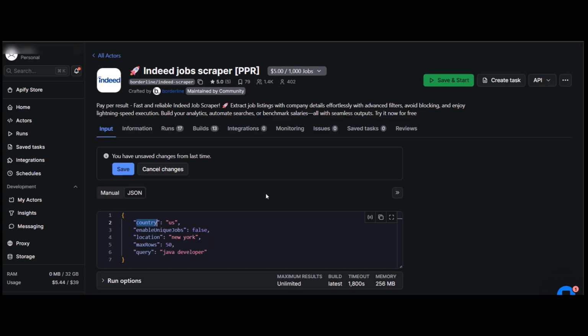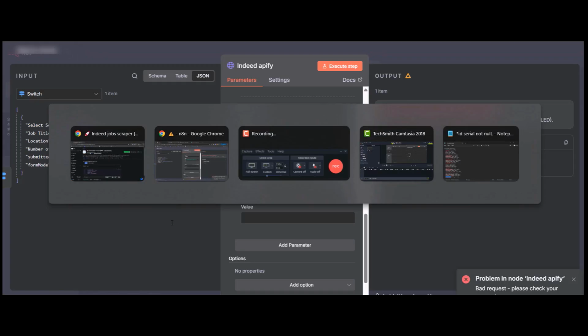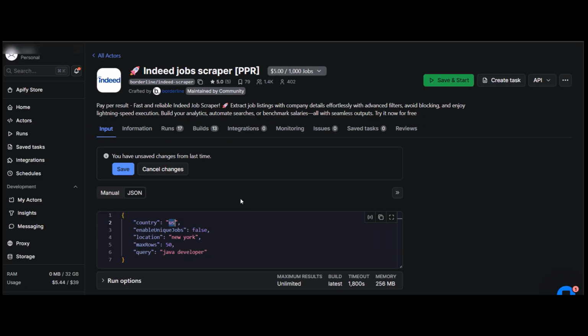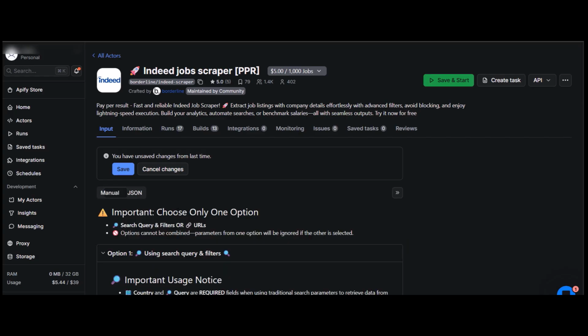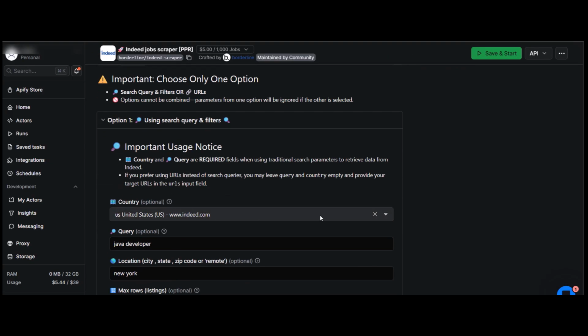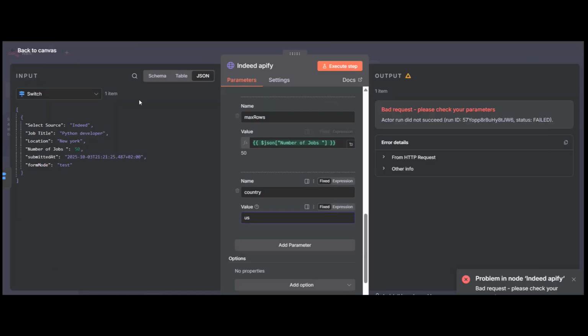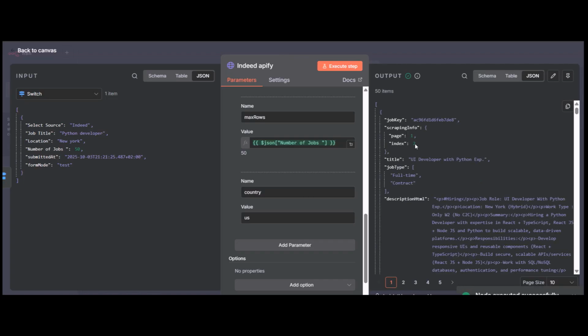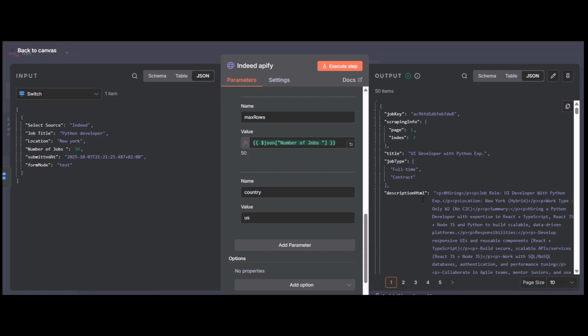And here I need to pass the country, because it's not taken dynamically, so I will pass this as static. You can anytime change the country, whatever country code you want. In that actor all country codes are available over here. You can choose from this. So I'm going to continue with the US. Let's execute this step and see the results. So here you can see it has written some data, that is Python developer,